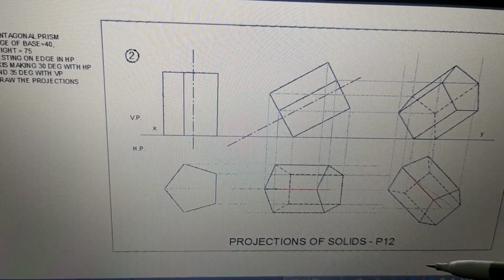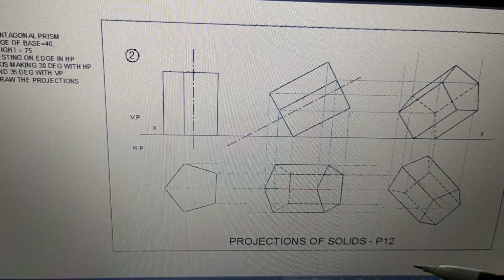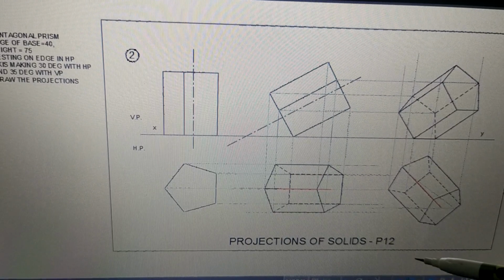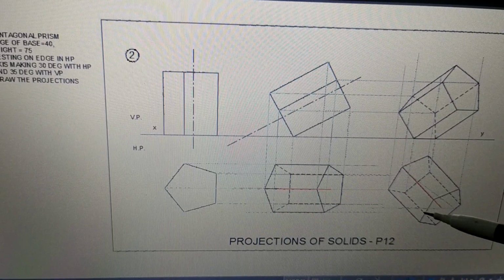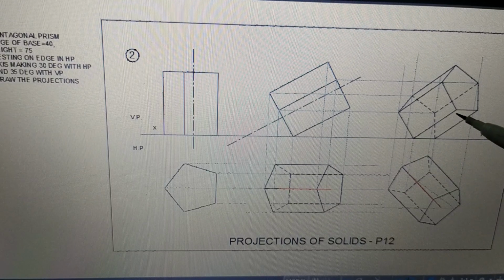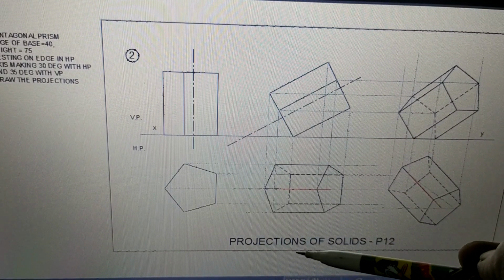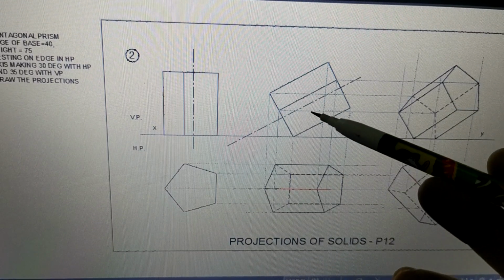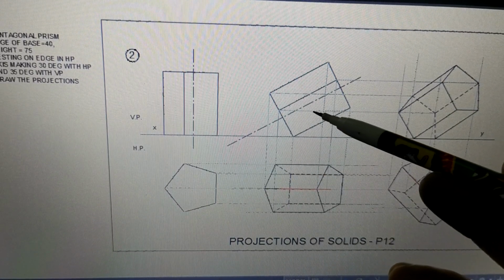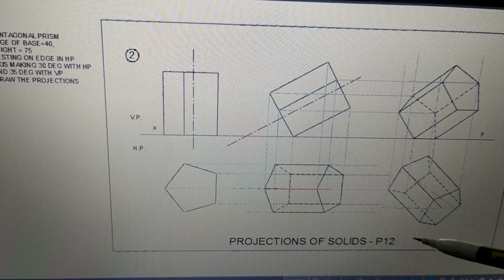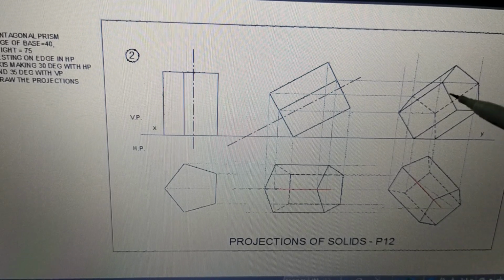Now you change your position and start looking in the front. That means in this direction you look. So when you go down and look in this direction, the same solid will be seen like this. Here, when you were seeing from top, this was the view. When you start looking in this direction, the same solid looks like this. This is how it is supposed to be seen.